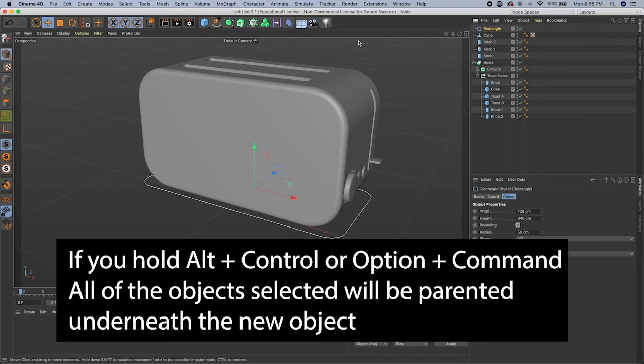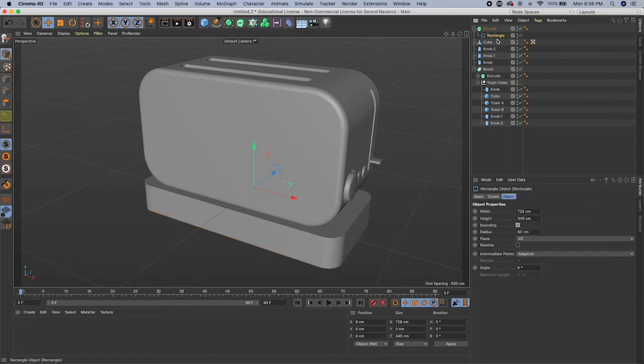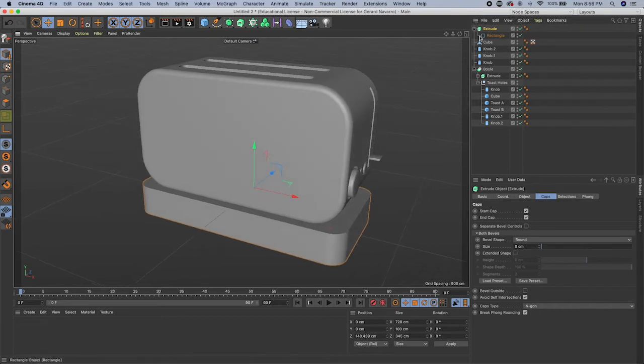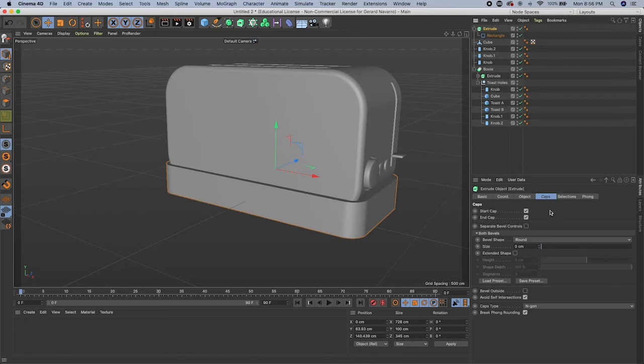So if you select your rectangle and then hold Option or Alt and then Command or Control on your keyboard, so that's Option Command on a Mac or Alt Control on PC, and then you click your extrude, our rectangle is automatically underneath or parented into our extrude, which is the generator we just created. So now I can just move my rectangle up and maybe just adjust our extrude settings so that it'll